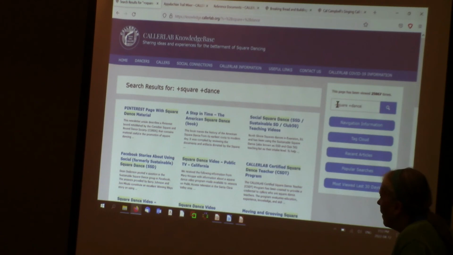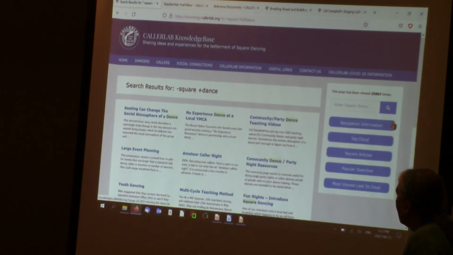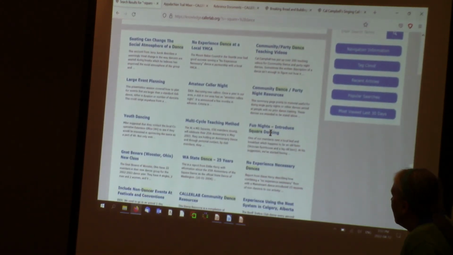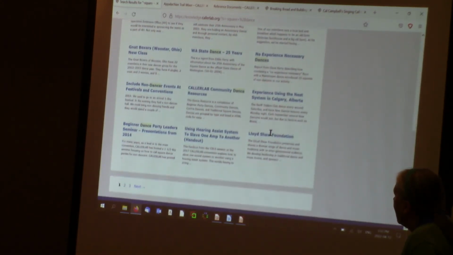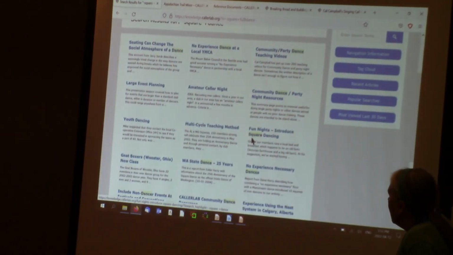So what I typed in there was hyphen square dance. So the hyphen is actually a negative sign, right? A minus sign. It says, don't want the word square, has to have the word dance. And we should get a completely different mix of articles. And as you can see, yeah, the list changed a lot. So we got stuff in there about dancing. Whoops, there's things that show up with the word square in it.